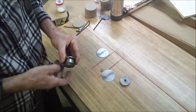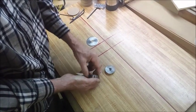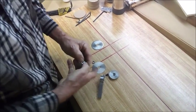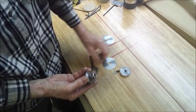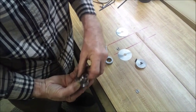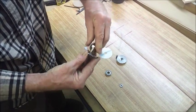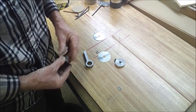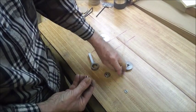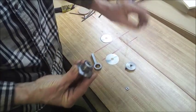Now to adjust your preload, that's to adjust the clearance in the bearings. I'll show you how I do it. With this set up like so, you tighten the screw on the end, which rests on the inside race there, and the other side pulls up on the inside race. You have to have a way so that you can tighten this screw and have it tight, but yet you don't want to have too much preload through the bearing. So you've got to figure out the proper dimension, but this spacer in here goes like so. That's been determined and surface ground down to the proper thickness, so that when you put your